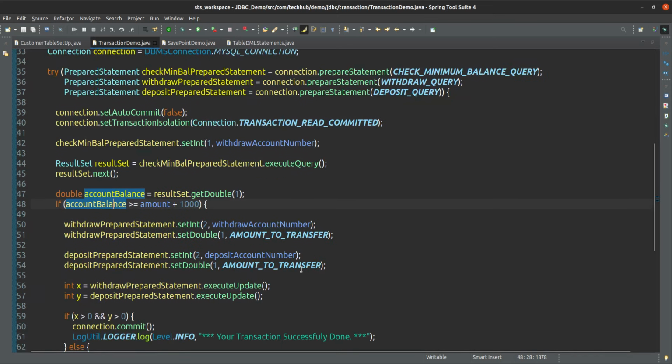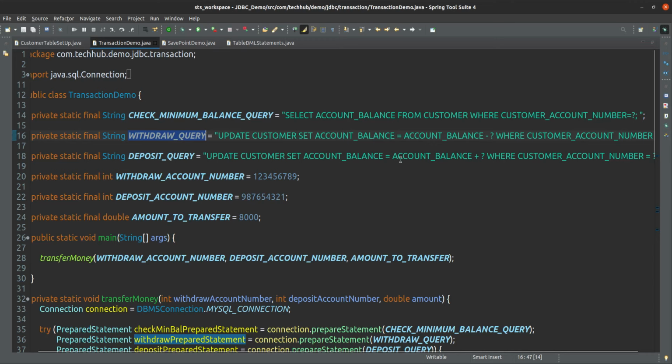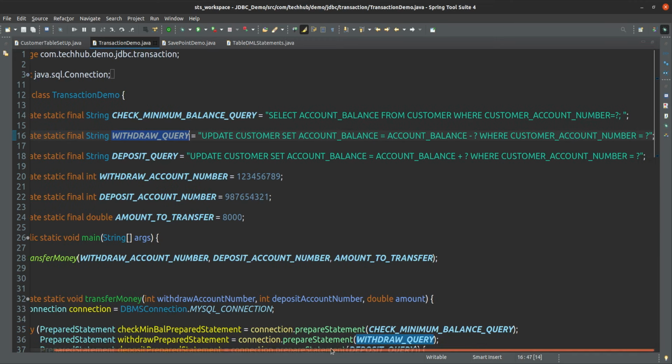Okay, and after that, withdraw. First, we are withdrawing. If you see the withdraw query, so this is our withdraw query. What is this? Update customer set account balance minus some value.